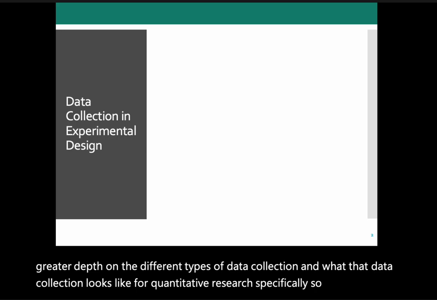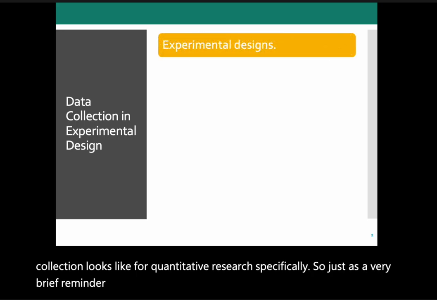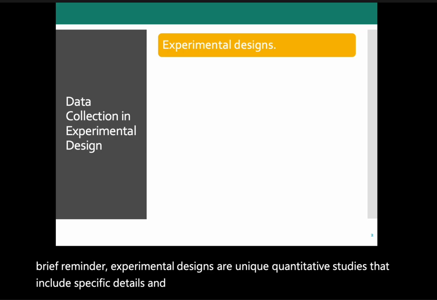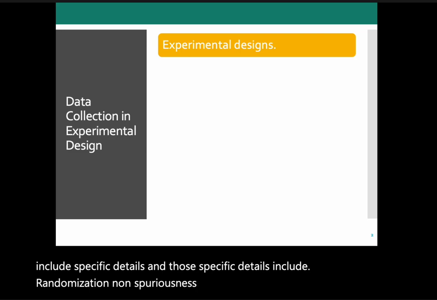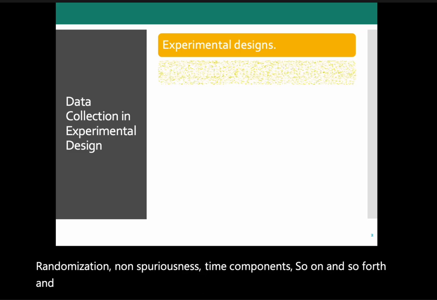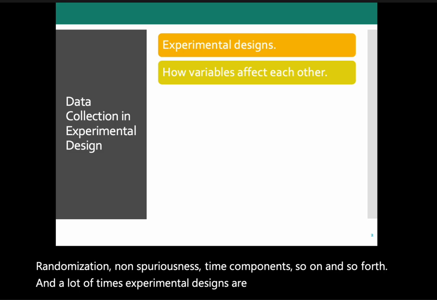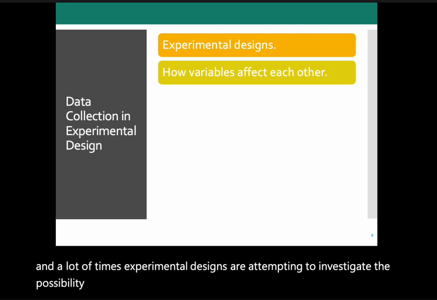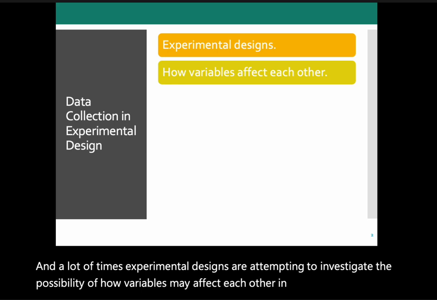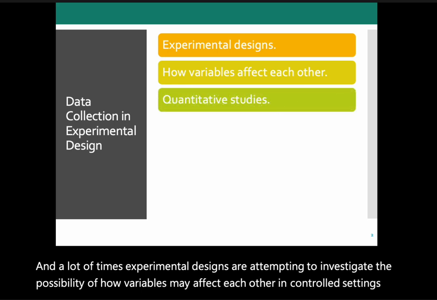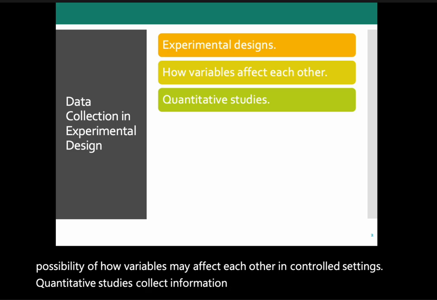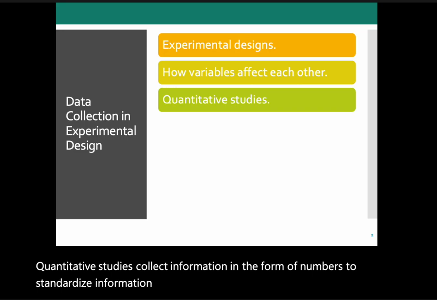So just as a very brief reminder, experimental designs are unique quantitative studies that include specific details. And those specific details include randomization, non-spuriousness, time components, so on and so forth. And a lot of times, experimental designs are attempting to investigate the possibility of how variables may affect each other in controlled settings. Quantitative studies collect information in the form of numbers to standardize information so that it can be